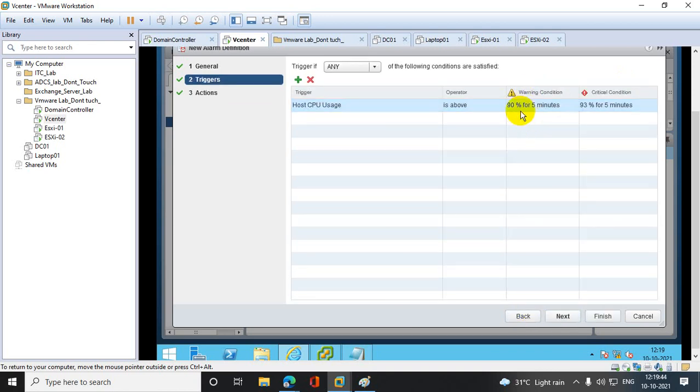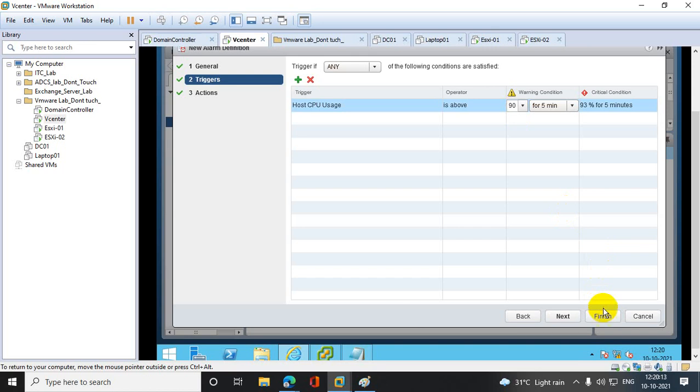Actually the problem is that we have to give them a warning value as well as a critical value. So I was doing both the same, that is why it's not taking. Got it? So after 90% you will receive the warning condition, but it has to be sustained for 5 minutes. But after it crosses 93% and is sustained for 5 minutes, then we will receive the critical condition.